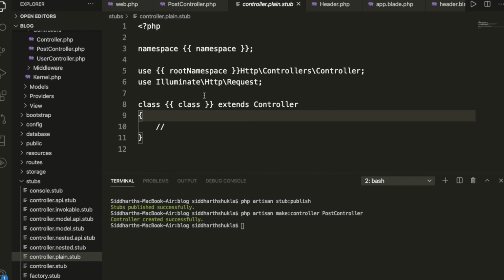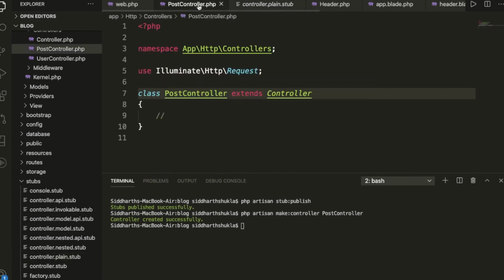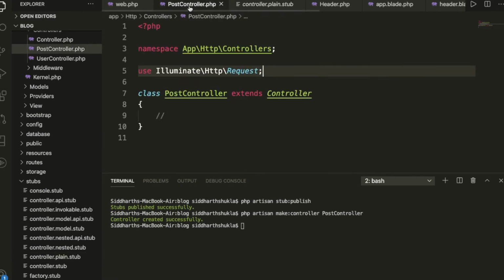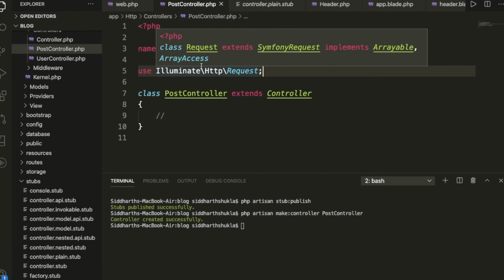So we have the controller like this, and this is coming from here. Now what we need to do is use the stub.